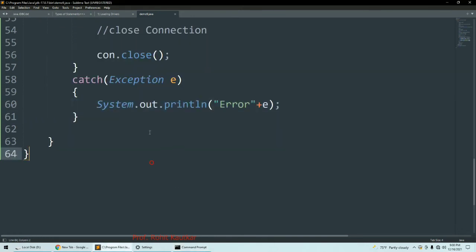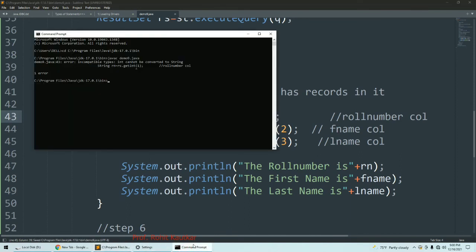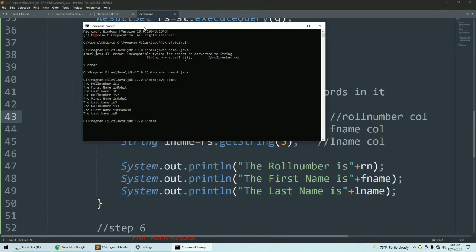Let me check. So again I will compile. Okay, it got compiled. Now java demo9, and here you can see the result.